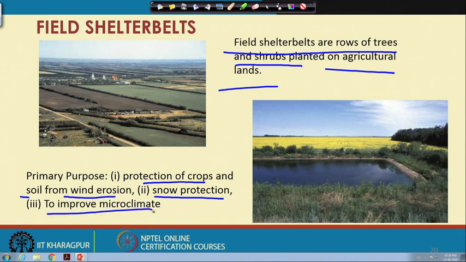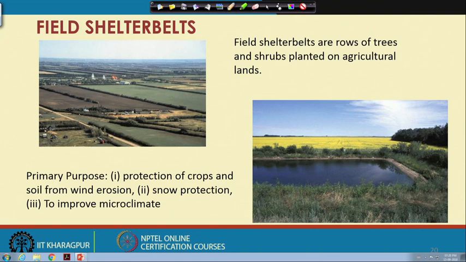So, these field shelter belts are nothing but a combination of trees and rows with an objective to protect crop or agricultural land. This protection can be against wind erosion or snow, or to improve the microclimate.